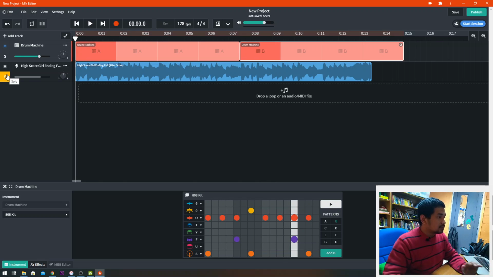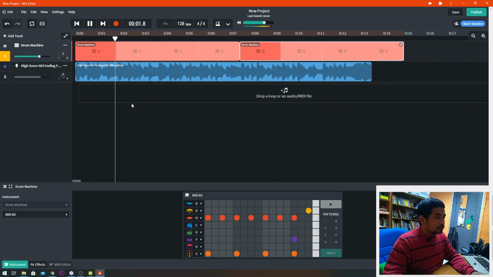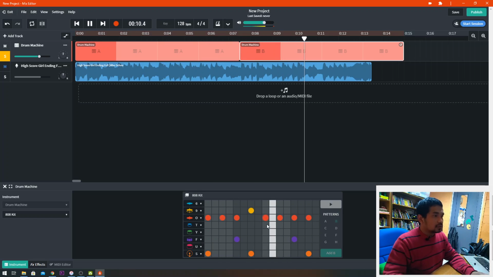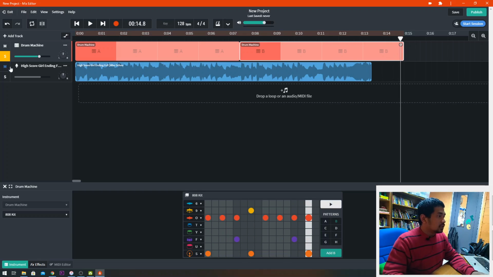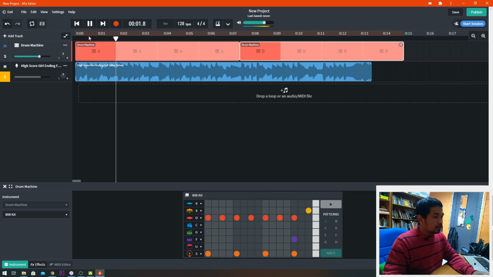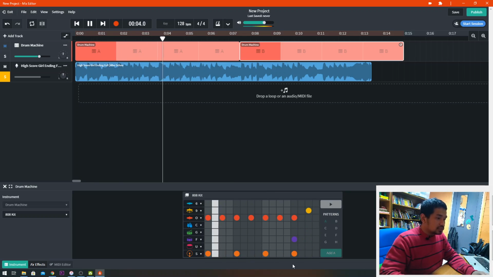All right, so if we listen to it again, I don't want to listen to it back to back because it might be a mess, but let's listen to it individually. Let's start with the pattern that I made. 1, 2, 3, 4. 1, 2, 3. See the snare on the 4, and then the open hi-hat. Yep. Okay, that sounds like it. Okay, now listen to the original. 4, 1, 2, 3, 4, 3,